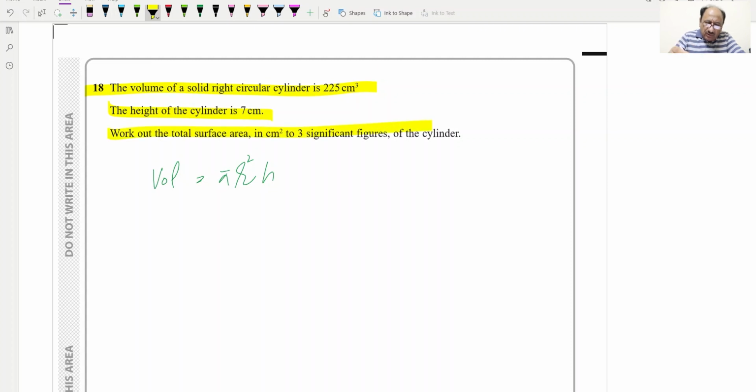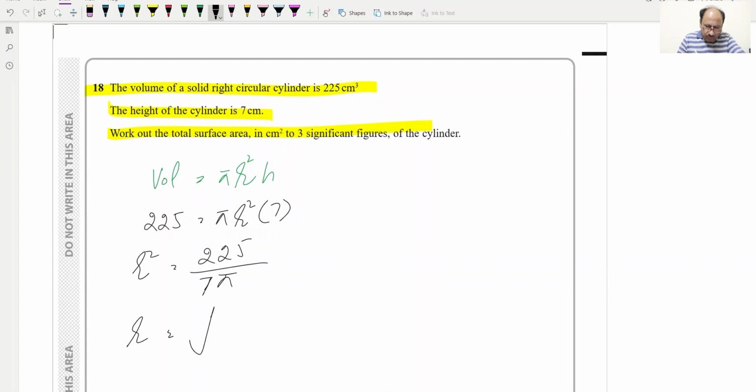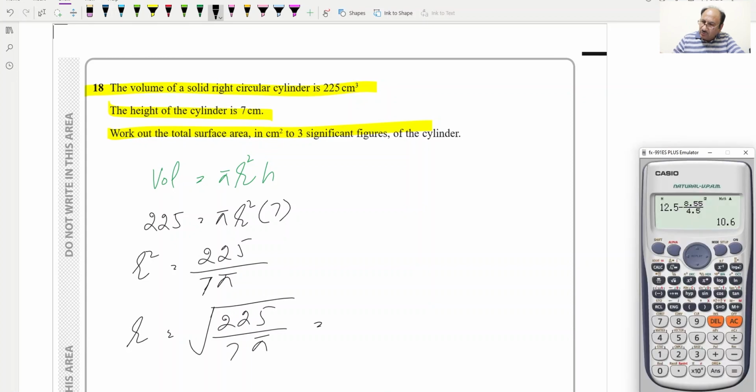Work out the surface area in centimeters, to 3 significant figures, of this cylinder. So what we will do, we will write the volume given: 225 is equal to pi r squared h. We don't know r, h is 7, so we will write here 7, so r squared will be equal to 225 over 7 pi, and this r value will be equal to the square root of 225 over 7 pi, and this is equal to